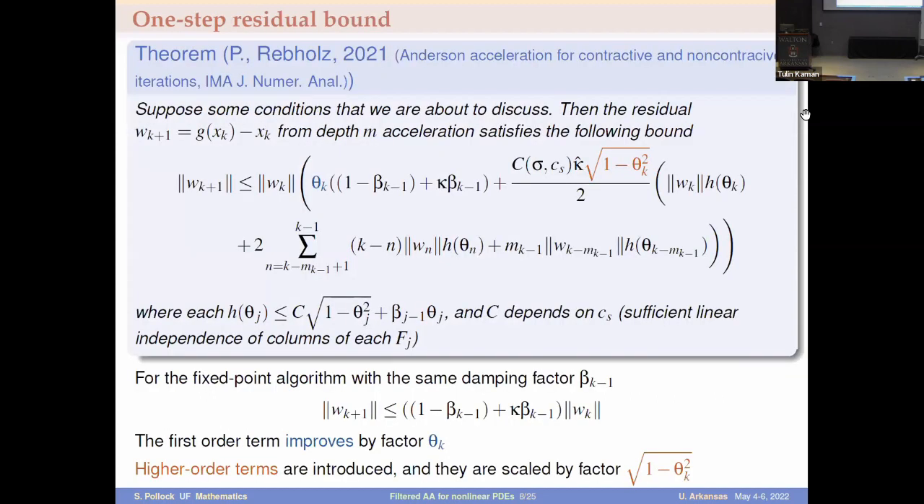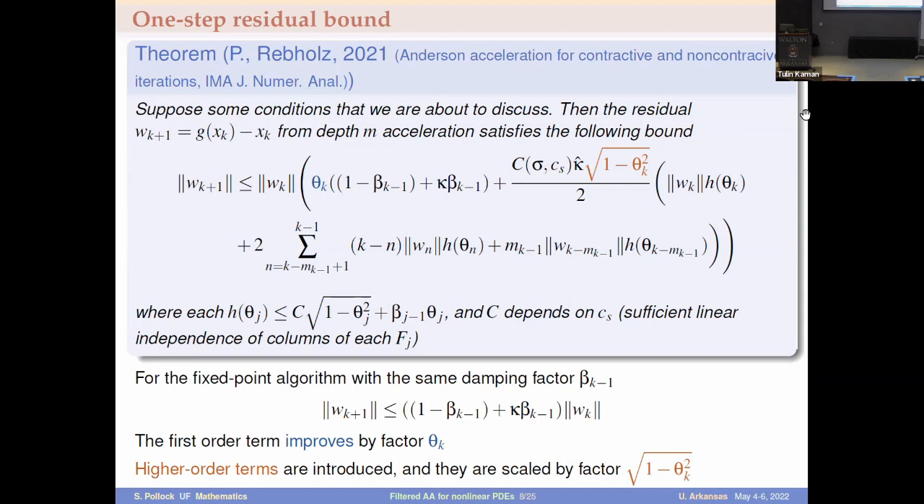So what I'll show you today is really this one-step residual bound and what we can learn from it. What it says, and this is based on some conditions that we're about to talk about, is that the norm of the residual for the k plus first step is bounded by the norm of the residual from the previous step times these factors here, which by the way would be precisely what you would have if you just did the fixed point iteration with the same damping factor, except that here it's modified by this theta k, which was this